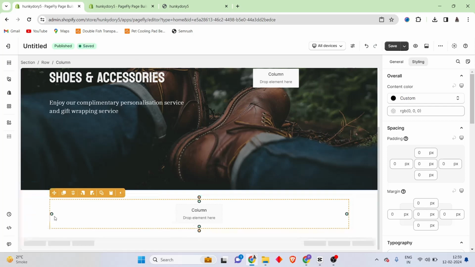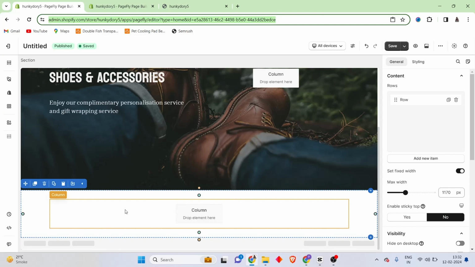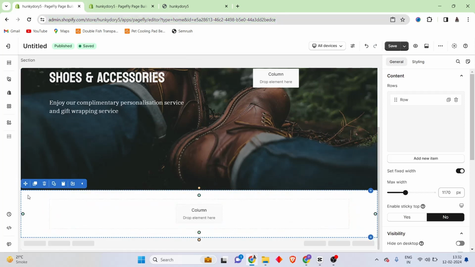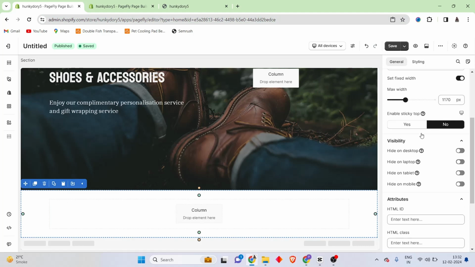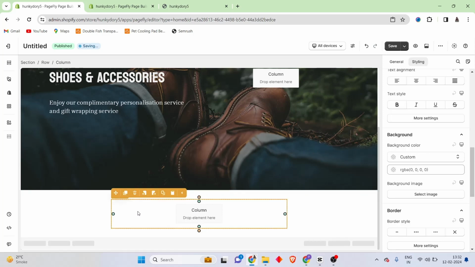Let's see exactly how we can make this section to look like this. Alright, so first of all, what we have to do is that the column inside of here, we want to make it smaller as compared to this section. For that, we are going to be going into the section setting, and then we are going to go to general. We are going to scroll down, and inside of max width, we are going to be changing this from 1170 to 700. This would make the column inside the section much smaller so that it can mimic this particular